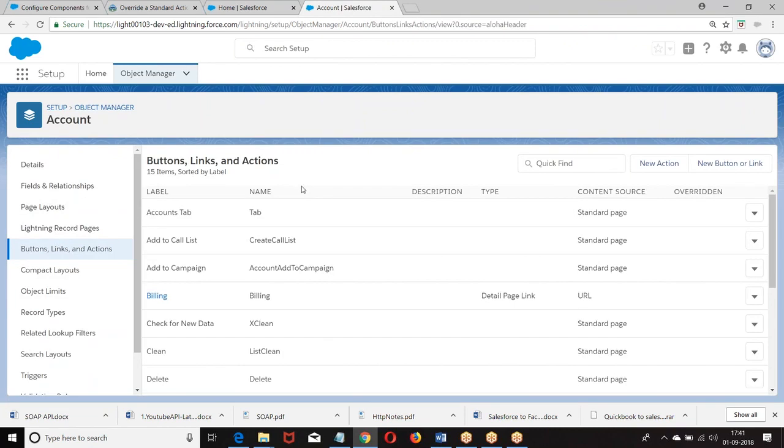Now let us understand this. This is with respect to account I am creating, but am I interested in creating the button with respect to account? No, I want some action to be made as global. If it is global, look at this.